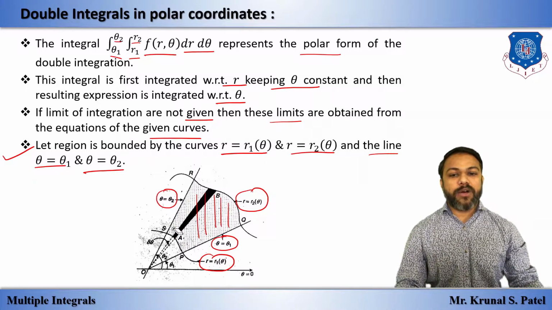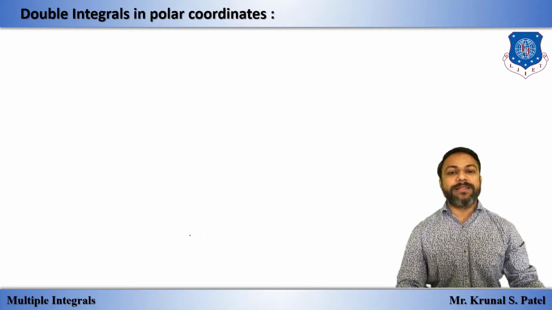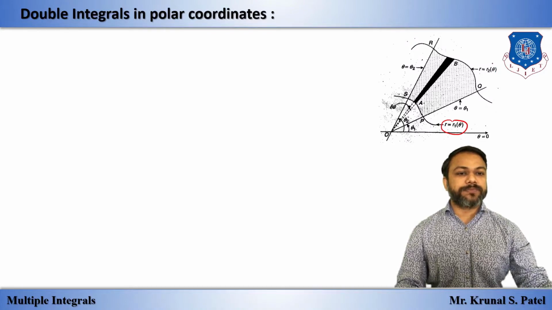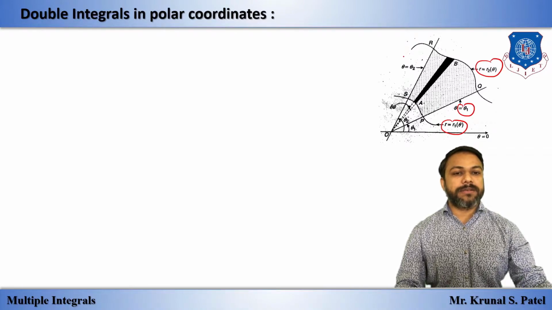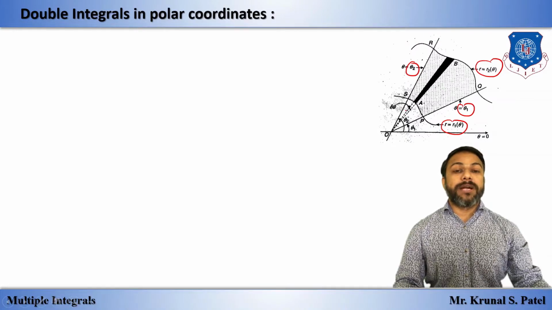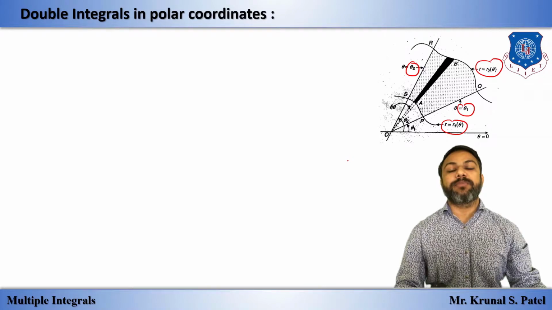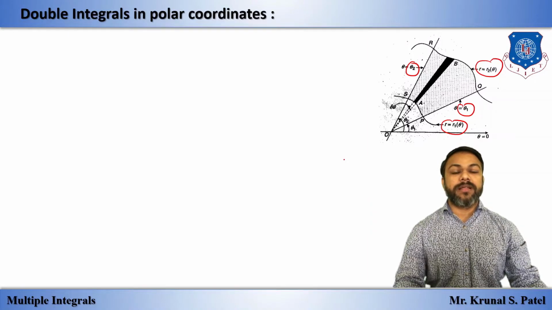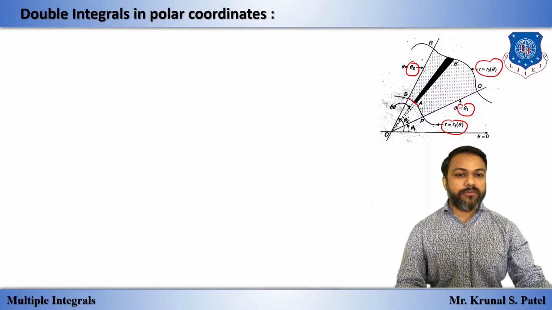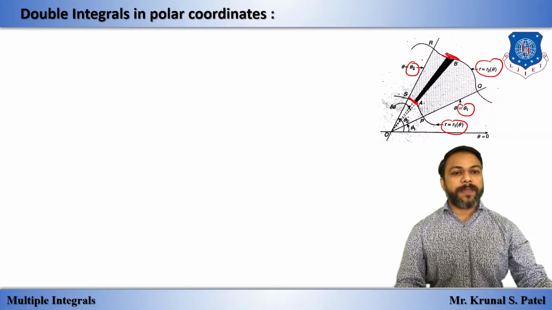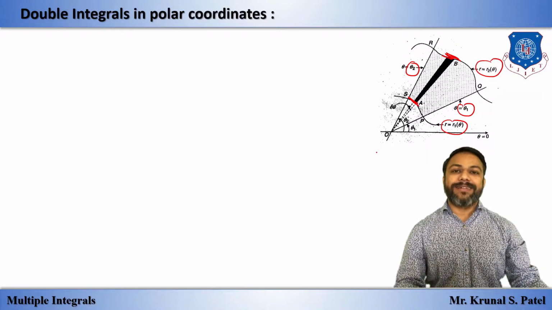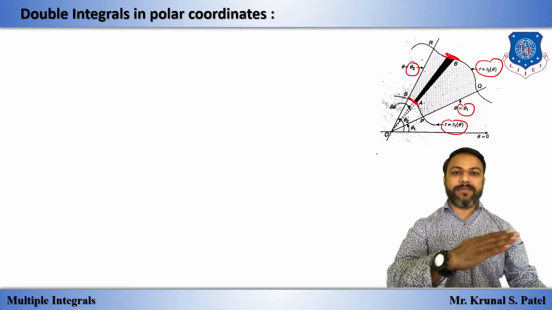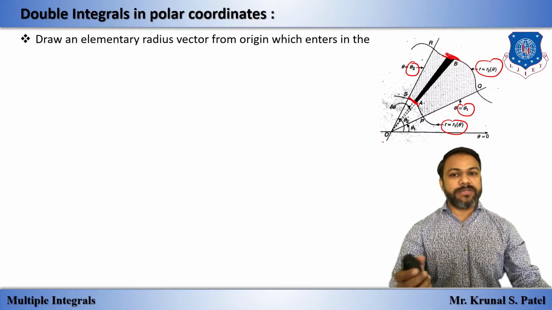So here, how do we make this strip? Let's have a look. Again, the same graph: r1, r2, line theta 1, line theta 2. This is the region. But this is much easier than the previous lecture; there is no vertical or horizontal here. Just make it clear: from one curve to another curve, make r the subject, and theta covers the entire region, that is, from angle theta 1 to theta 2. That's all. Simple.